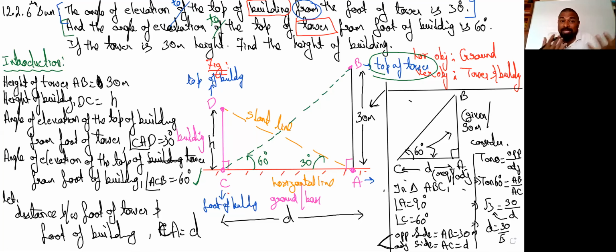Right. But the thing is, we don't want D. He is asking us to find the value of H. Now, let us go to the other side of the right angle triangle. Let us use the value of D and substitute in that one. We are planning to use the D value in the other right angle triangle. Let's go for that one. The triangle is ACD.